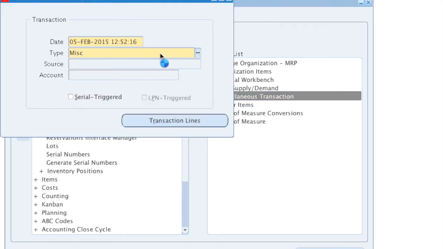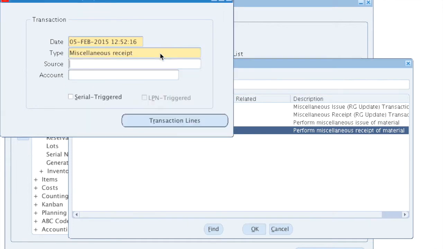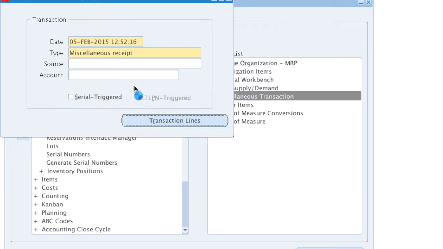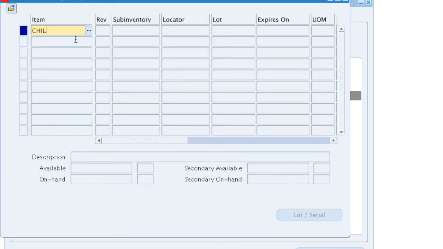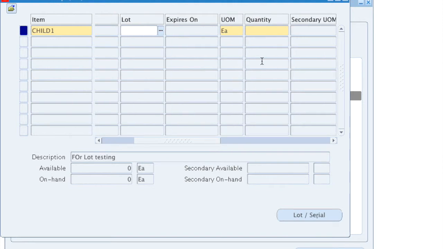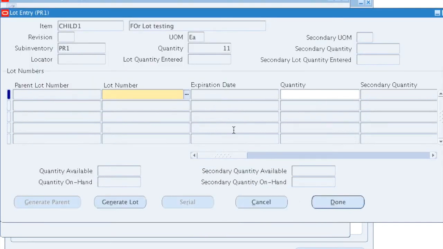One of the easiest transactions is miscellaneous receipt. Going to miscellaneous receipt, we start using the first item, child 1, with an inventory. Obviously it is subinventory controlled, etc. So let's give all the other information. We are receiving a quantity of 11. Important is, as we get to the lot serial screen, the parent lot field is grayed out, because remember, this is a child item, not expected to have parent and child lots, just the child lots.